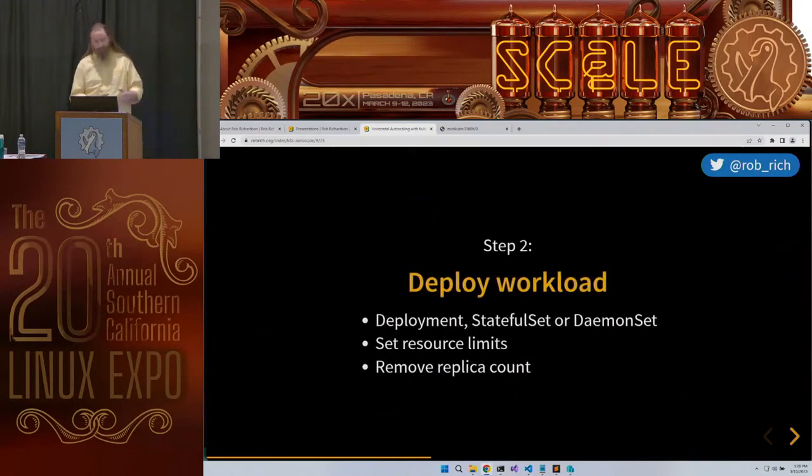Next, we deploy our workload. Now, this can be a deployment set, a stateful set, a daemon set, whatever you want to deploy. These are the things that we want to scale. And it's important that we set the resource limits here, because what we're going to do when we scale is say, of all the pods, how are they doing in this resource limit? Have they hit the resource limit, in which case we need more pods? Or are they mostly idle in that particular measurement, in which case we need less pods? So if we're not setting our resource limits, Kubernetes doesn't know what too much means, and will probably just leave us alone. And then the big thing, we need to remove the replica count.